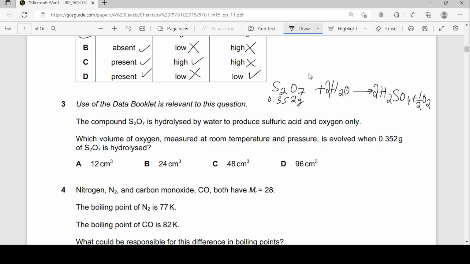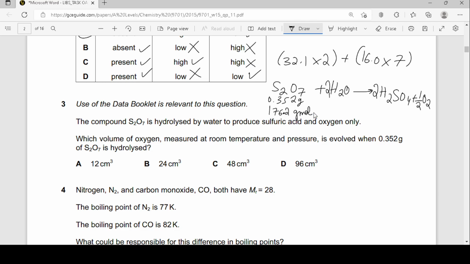So yeah. Anyways, let's calculate the MR of this. So MR should be the AR of sulfur, 32.1. You have 2 sulfur atoms, so 32.1 into 2, and you have MR of, sorry, not MR, I mean AR. It should be AR. My mistake. AR of sulfur is 32.1. AR of oxygen is 16, and then times 7, because you have 7 oxygen atoms. Now if you do that in your calculator, you get 16 into 7. Yeah, that should be 176.2